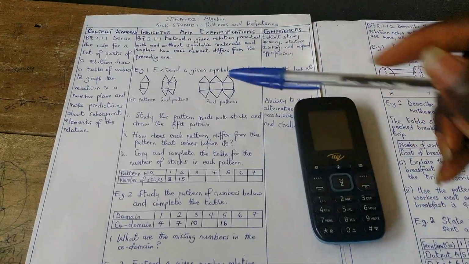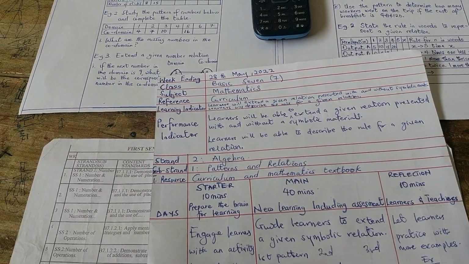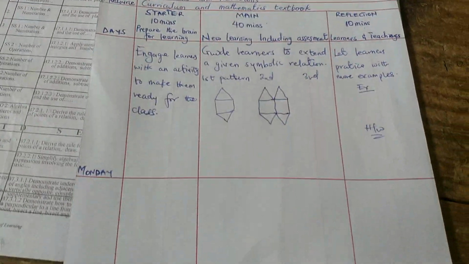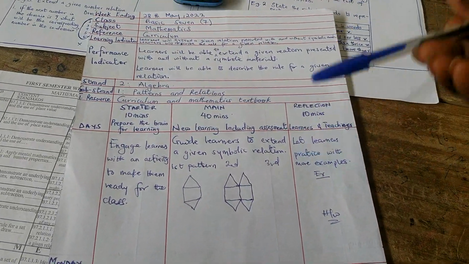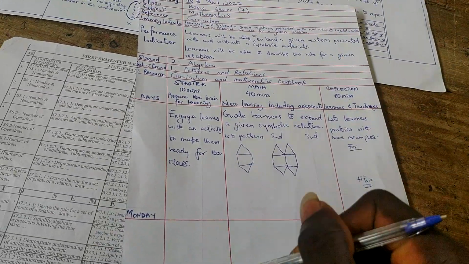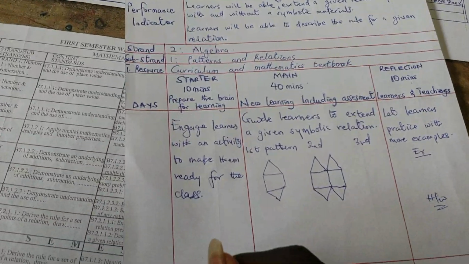So on Monday, this is what I'm going to teach. Now I'm done for Monday. I'm to come to Tuesday. Now, because I've started the topic with them, which was yesterday, I don't have to come back and say engage learners with an activity again. No, I'm just going to write